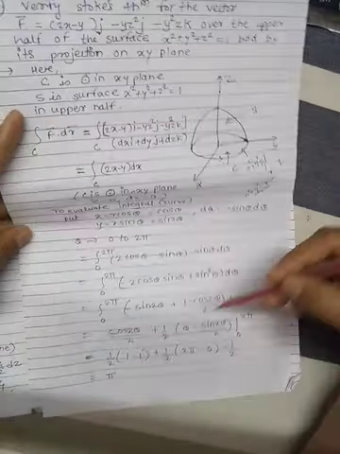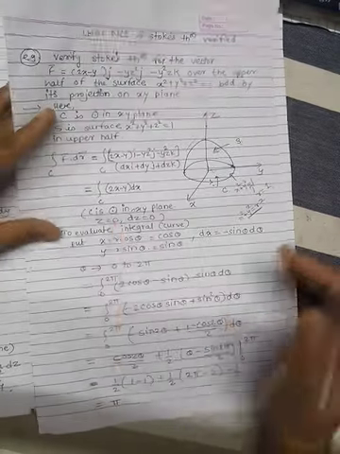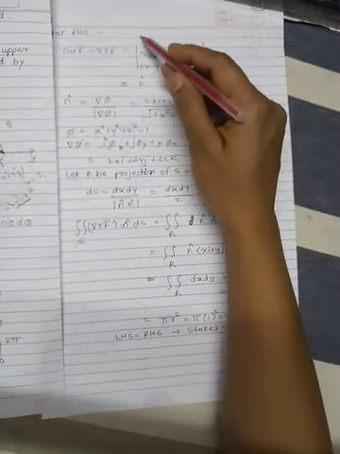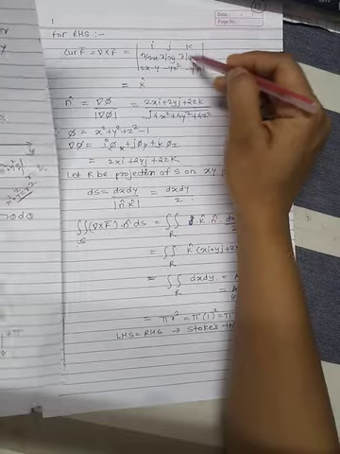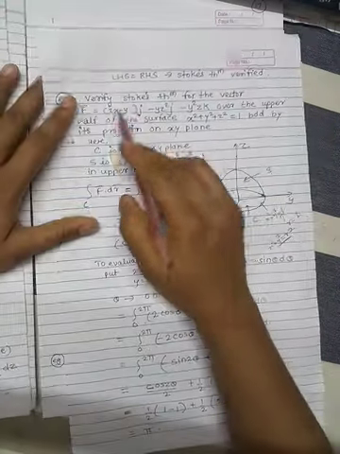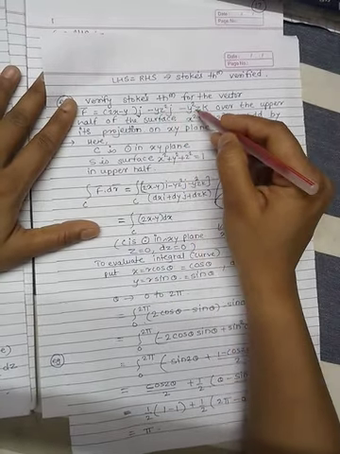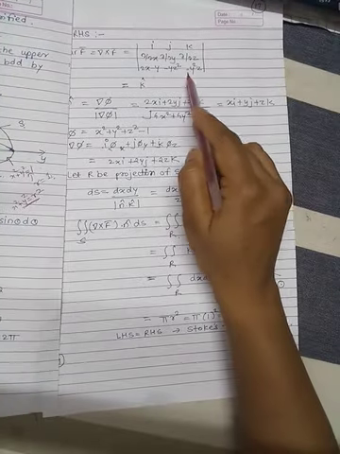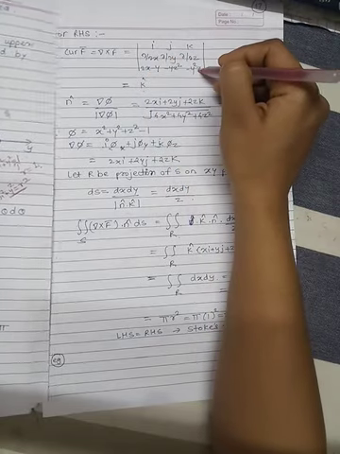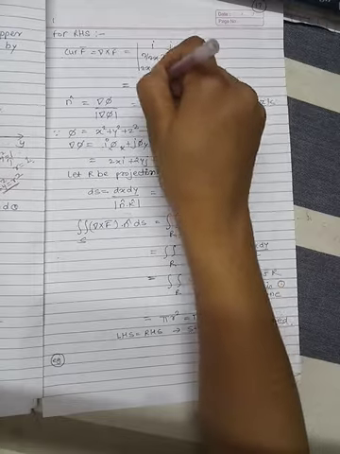So for the right side, we have to calculate first curl F bar. So this is your F bar. The curl F bar formula is the determinant with i, j, k, partial derivatives with respect to x, y, z, and here we have to write F1, F2, F3. F1 is the i component, 2x minus y, F2 is minus yz square, F3 is minus y square z, and by simplifying this, we get only k. By solving this determinant, as we have seen in the previous example, we get only k.